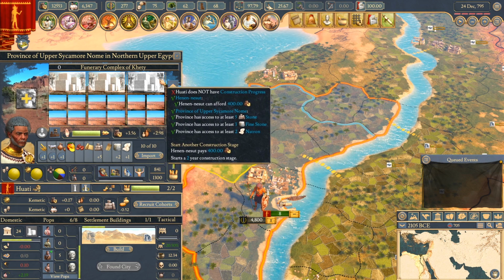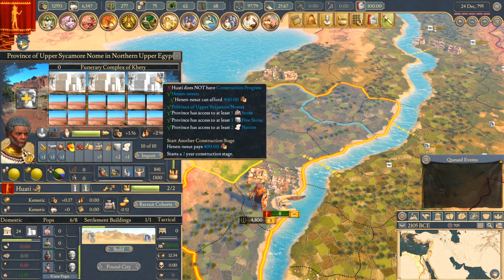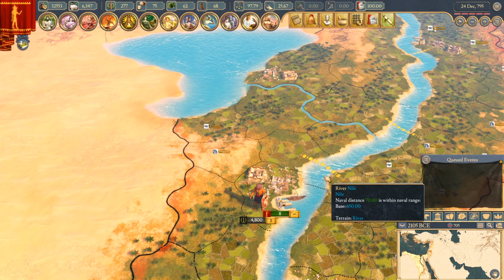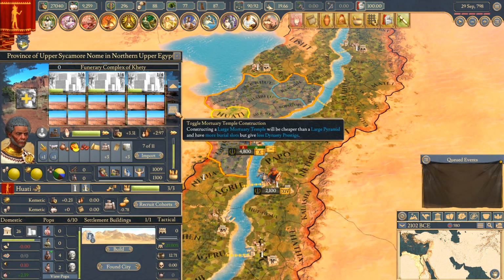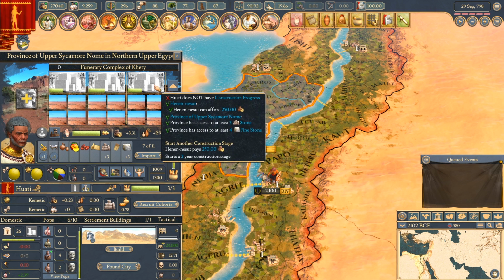So I ended up just going with the mortuary temples instead, as they're basically the same thing, but pyramids are just way more involved and hard to build. So, long story short, the mortuary temple is built in 4 stages at the foundation level. It requires 3 stone and 4 fine stone in the province to build, so you have to source the materials